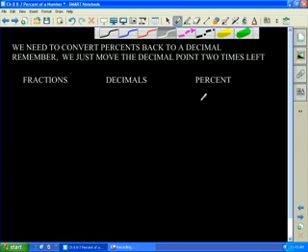So now let's go and do some problems. I'm going to tell you right now, there's a sale at Dillard's, and they're selling shirts for 60% off the regular price. Well, let's first convert this to a decimal. We're going to go 2 times to the left. We're going to have 0.60. Well, if the regular shirt price is $45